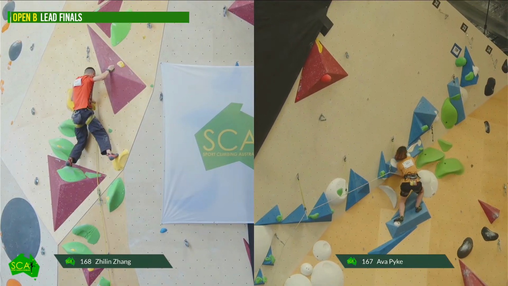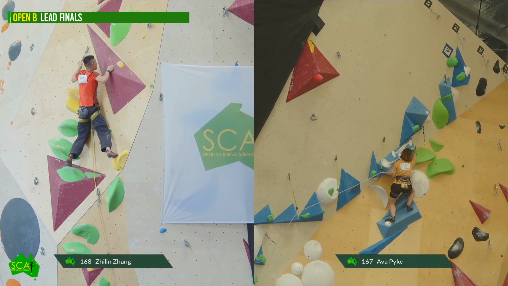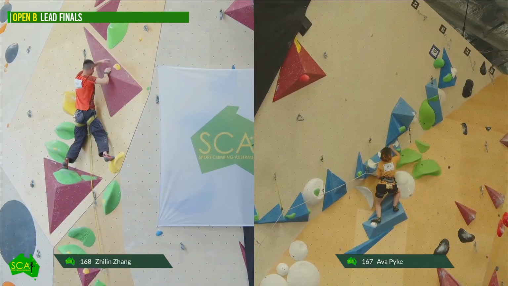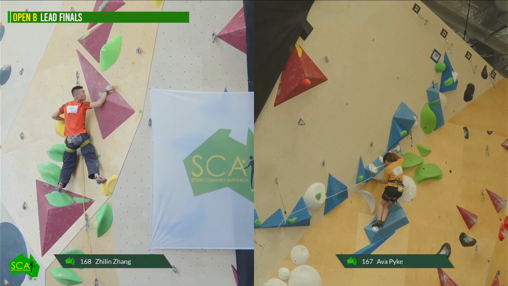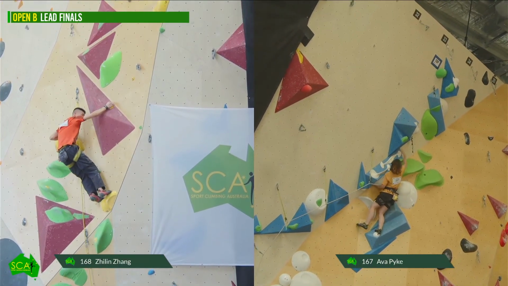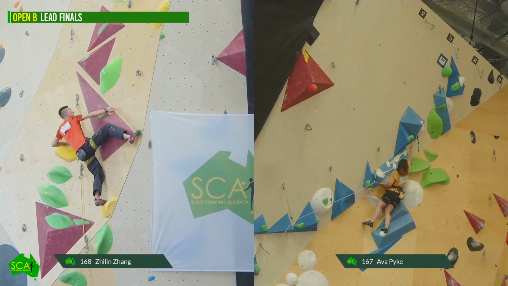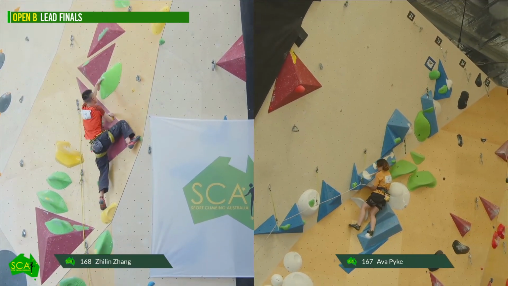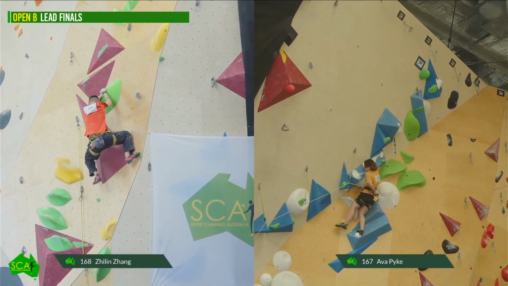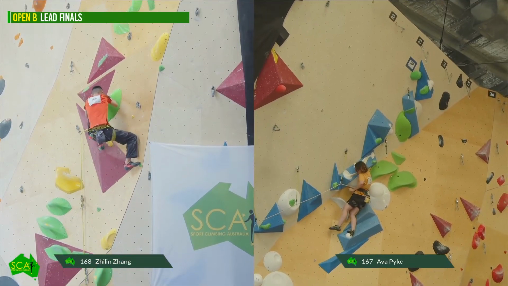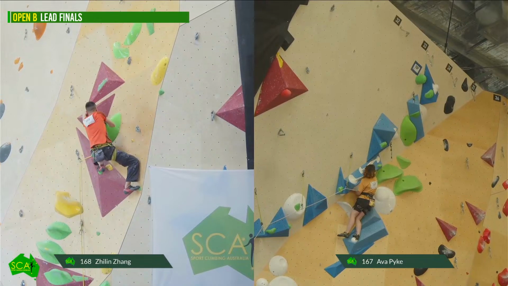Zillan, at the crux. Come on, you got it! Yeah, moving. We're just going to trust that over. Get that left foot up onto that white plate above you. Zillan moving into this cruxy section. Couple more moves for him and he'll be right in the business end of it.